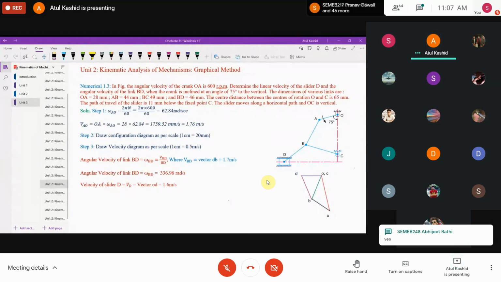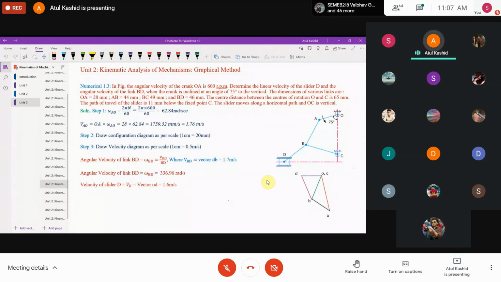Now we'll discuss this numerical which we left in the last lecture for homework, right? So we'll discuss the answers and then we'll move forward. I think you might have taken the screenshot of this numerical in the last lecture, and you had also practiced this numerical in your drawing books. So just quickly take these answers for your reference. Take this screenshot of the screen.